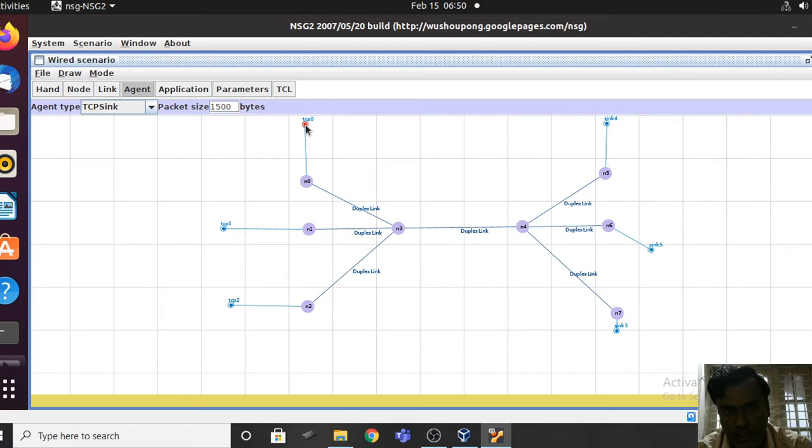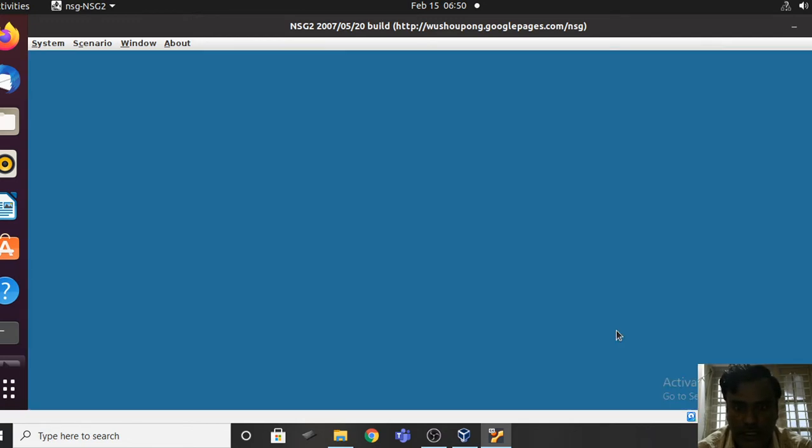So I am establishing a link between TCP0 and Sink1. Can you see this? It is shown in a thin red line color. In a similar fashion, you have to establish a link between